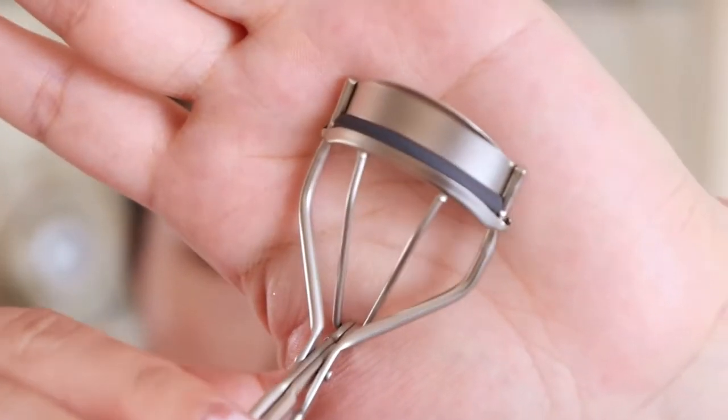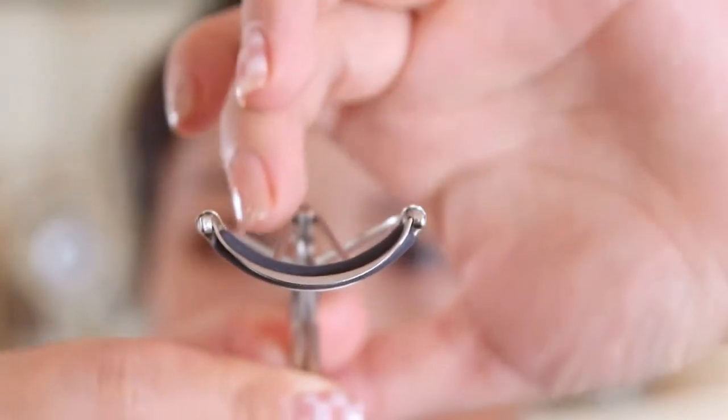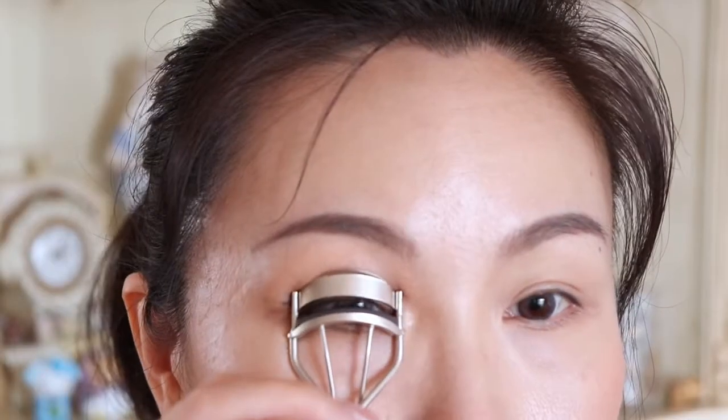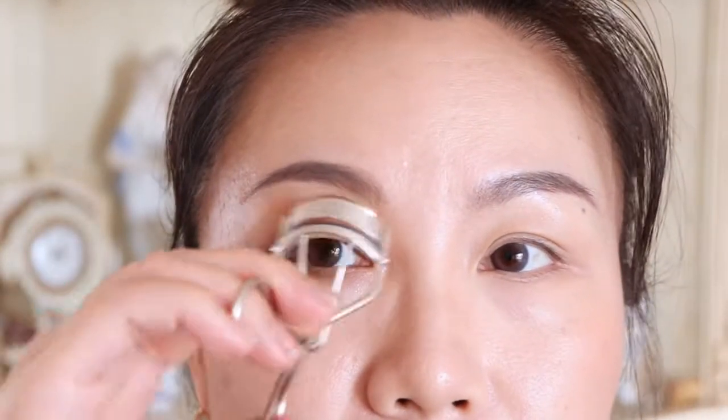Should we complete this one? Why not? I really want to try the new color from MUJI. The shape seems fairly good, but looking at the curve here, it seems fairly deep. So let's see. It seems to get all my lashes, although I need to angle a little bit, it doesn't seem to impact the performance. Ooh, I think I quite like the finish